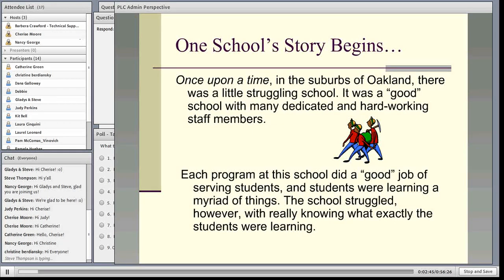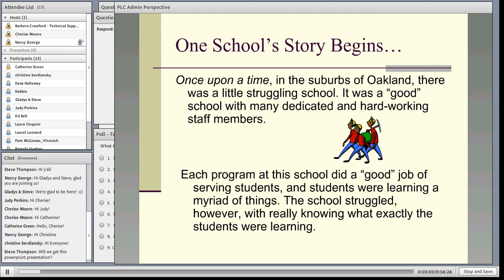And what I wanted to do was begin by telling you a little bit of a story. I'm going to read you a story, so you're going to have to bear with me for a few minutes while I read you the story. But while I'm reading the story, I want you to think about whether any of this connects to your story.